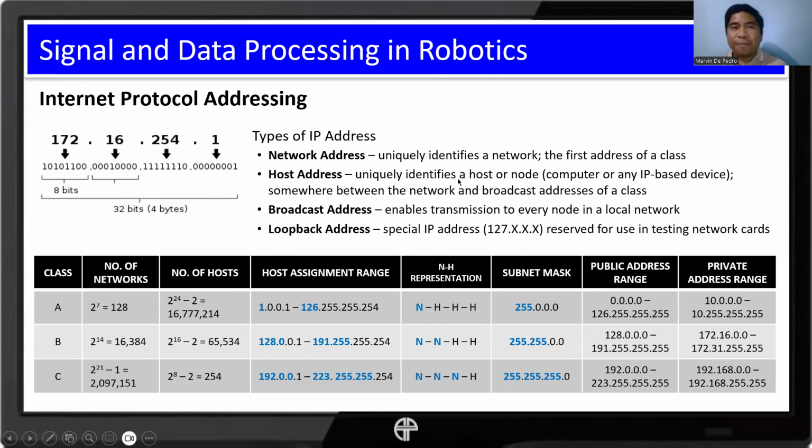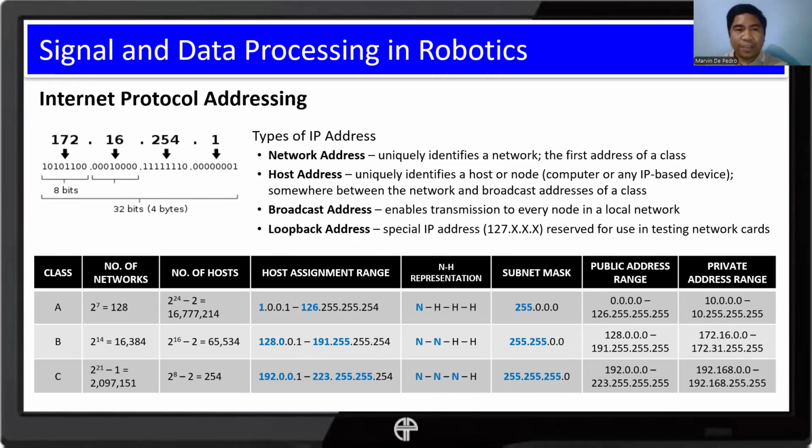Okay, the addresses that uniquely identify a host or a node, or we refer to a computer or any IP-based device like our robots as a node. Okay, and the options are somewhere in between the network address and the broadcast address.